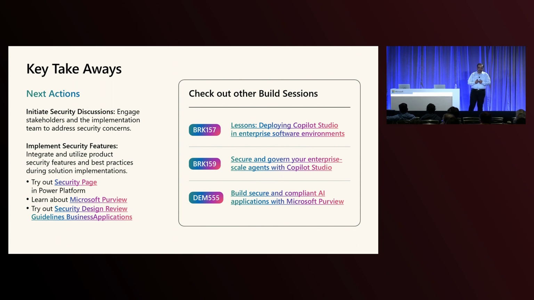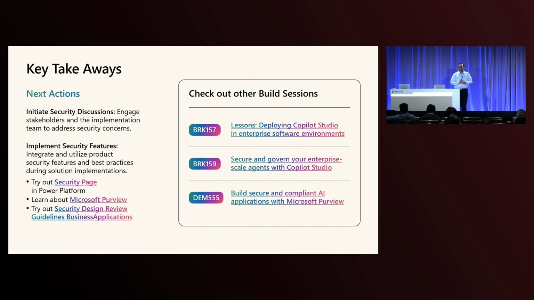The first key takeaway is to start the security discussion as soon as possible. If you have existing workloads, somebody has to raise a flag, or somebody asks for a review, so give suggestions there as well. The second key takeaway is that a lot of cool features are being used, and many of these things are enabled. We call it secure by default in your environments. In certain cases, some things need opt-in, or based on your scenarios you have to configure them, so have a look into those as well.